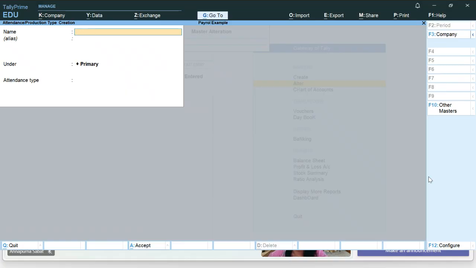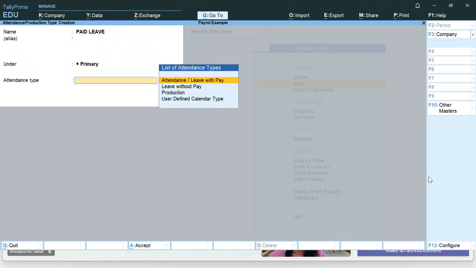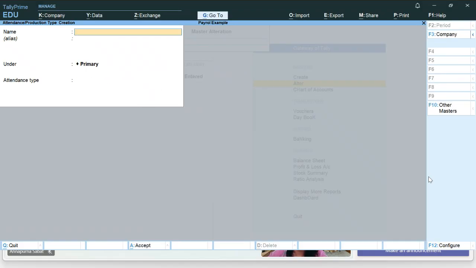Paid leaves. Paid leaves. Okay. If they are taking the paid leaves, then in that case you have to provide the payment also. So that is leave with pay. Leave with pay. Is it? Now